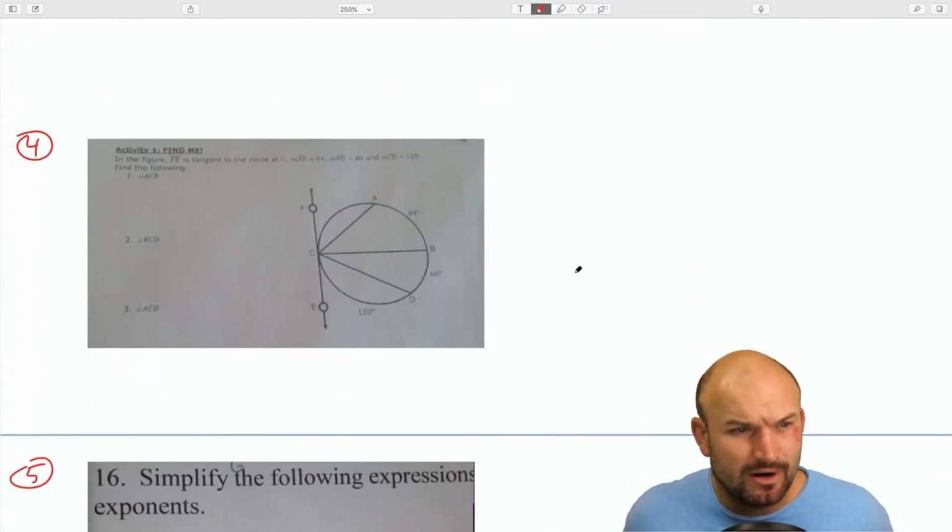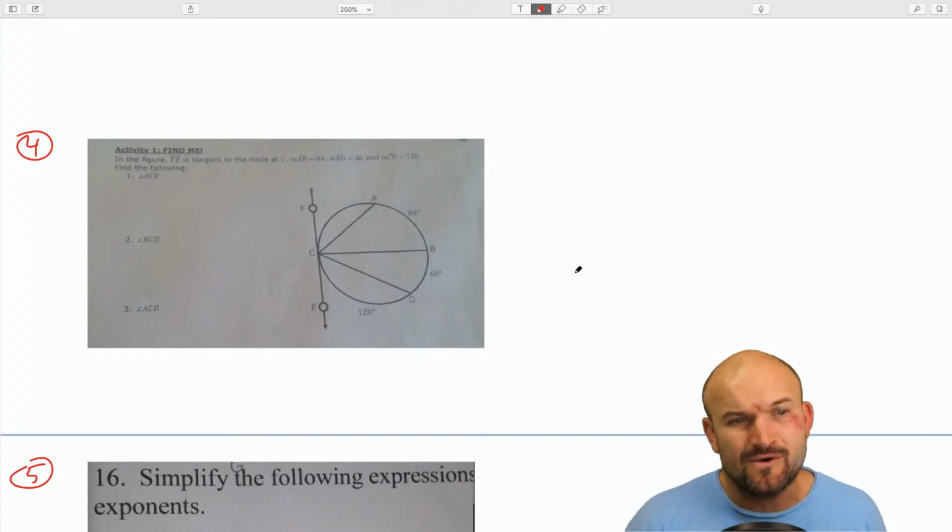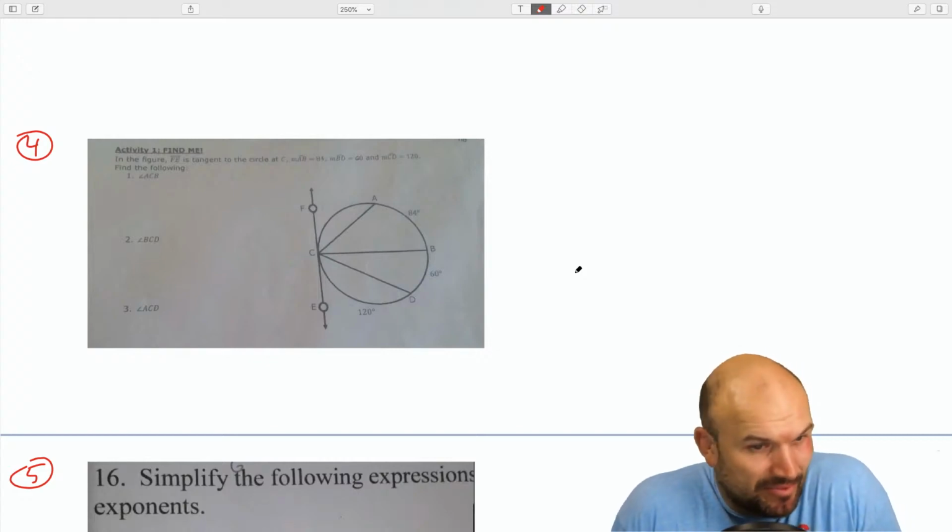All right, question number 4 was doing geometry. We're actually going back into circles next week for myself. So I think if I remember this correctly,